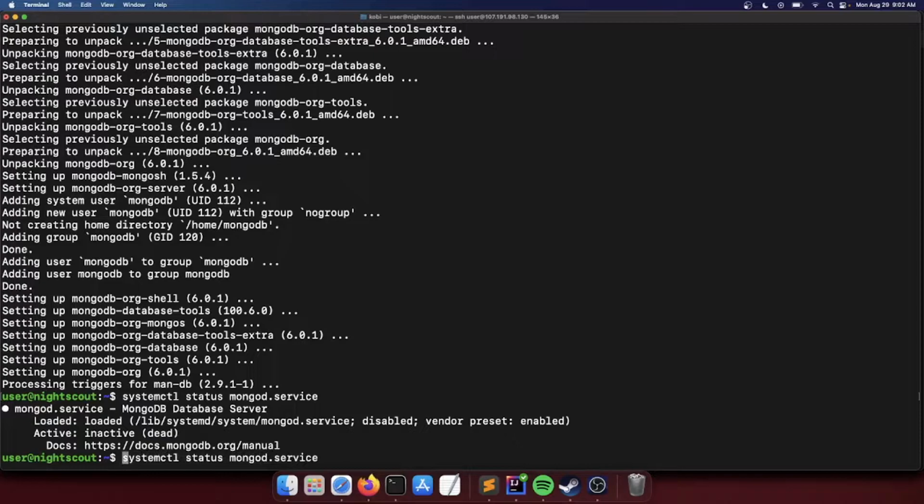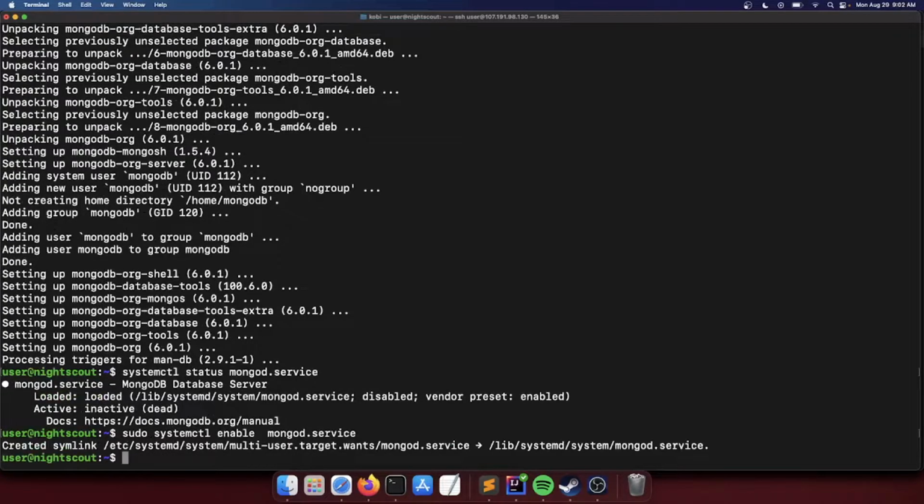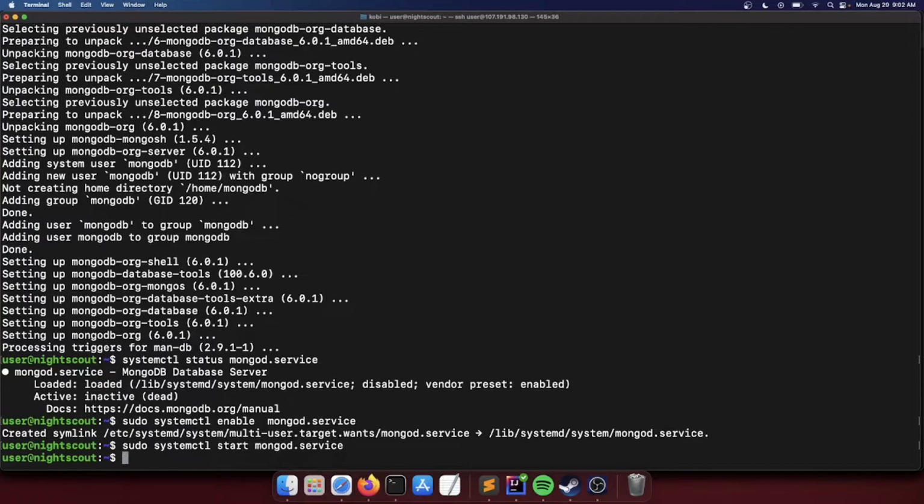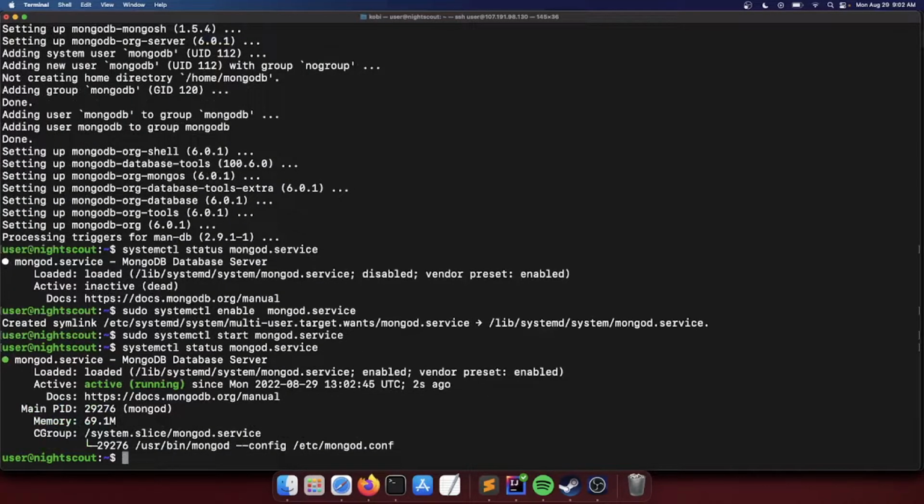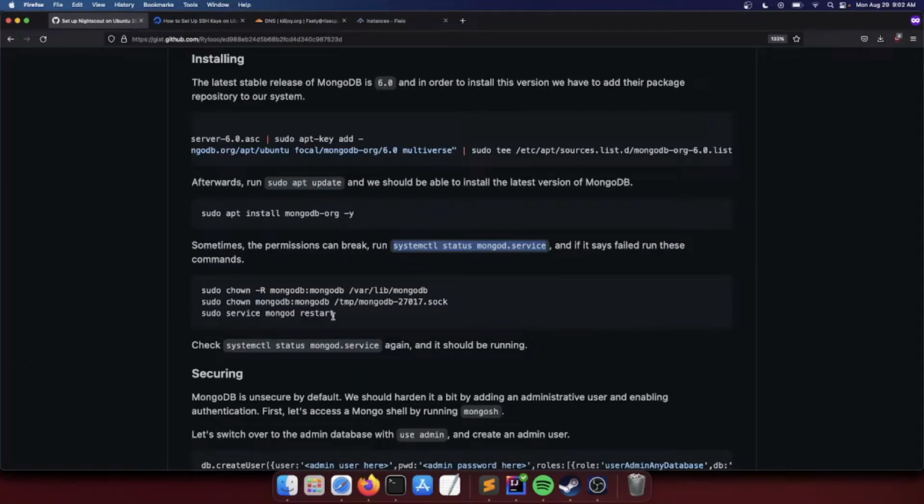So let's do this: we're going to do sudo systemctl enable, and we're going to do start. Now let's run that command again, and it says active, so everything went smoothly and we don't really have to do any of these commands.